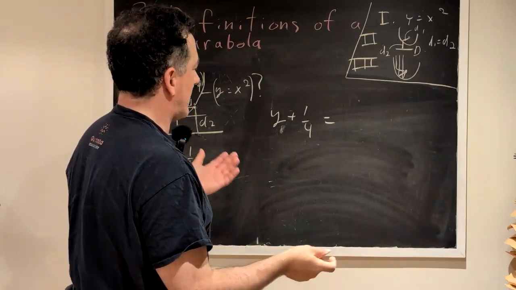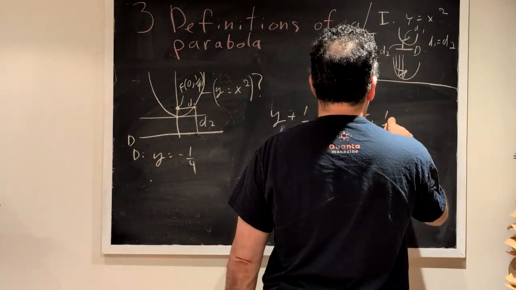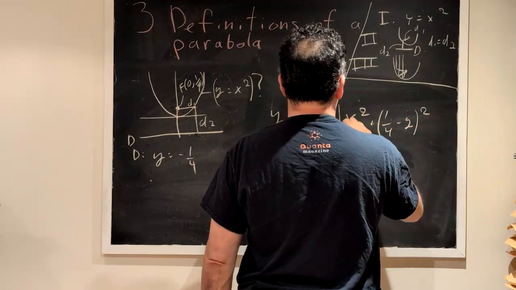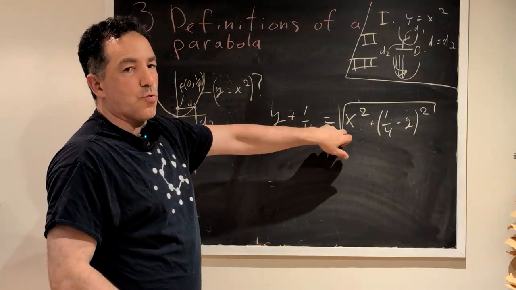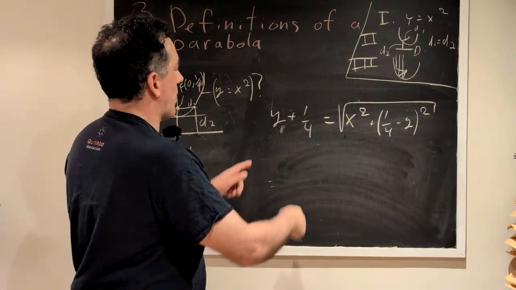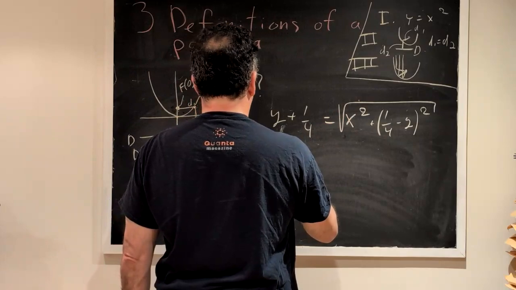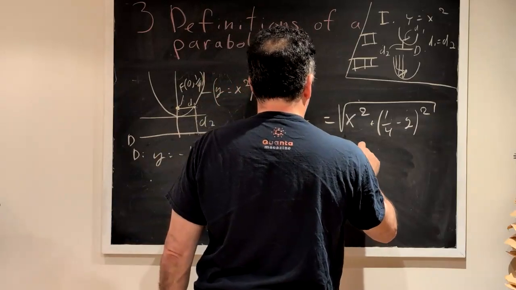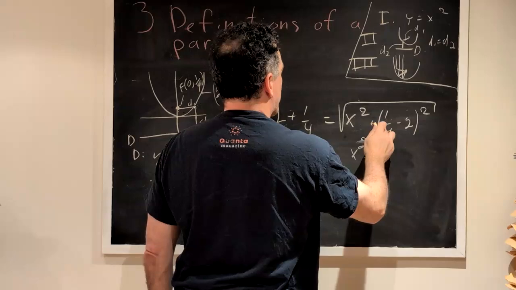We will calculate it exactly the same way we calculated it on the previous board. It's the square root of x squared plus 1/4 minus y, squared. And if these things are equal, then their squares are equal. This is what we're going to use to get to our equation. We square both sides and we get y squared plus y over 2 plus 1/16 equals x squared plus, and then we square this thing also,